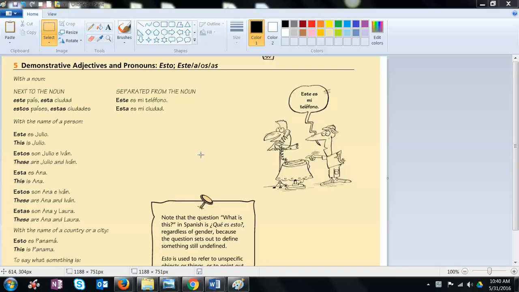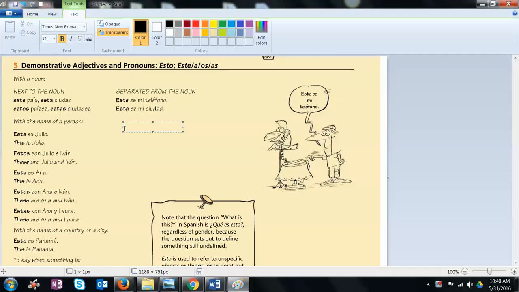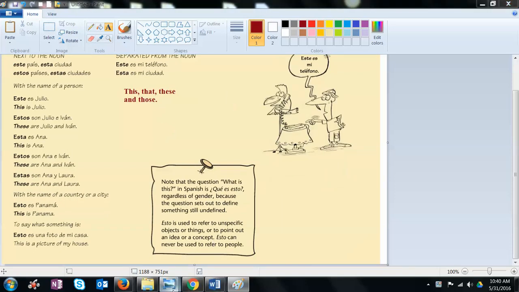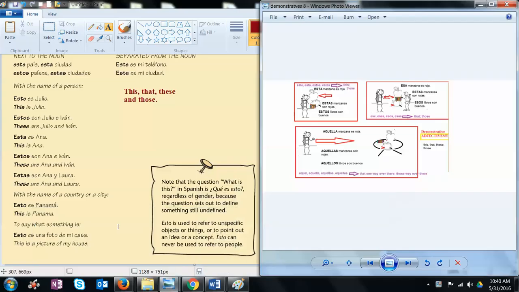Okay, so I'm going to go ahead and talk to you about demonstrative adjectives and pronouns. Demonstrative adjectives and pronouns translate to mean this, that, these, and those, roughly. Okay, so to start with,